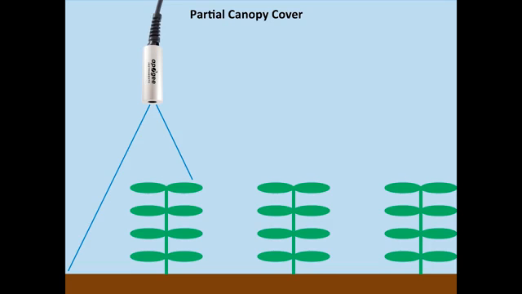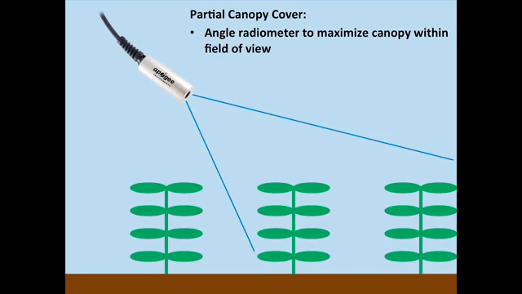In most situations, the soil temperature and plant canopy temperature are different, so in order to get an estimate of the canopy temperature, we have to account for the soil temperature somehow, or eliminate the soil from the field of view. One way to deal with this is to angle the radiometer such that we maximize canopy within